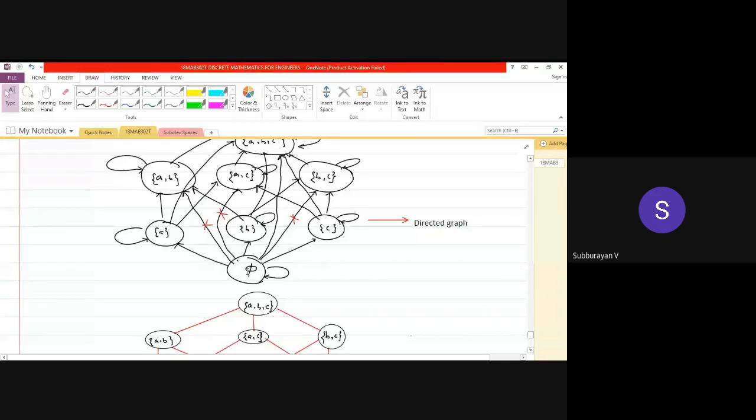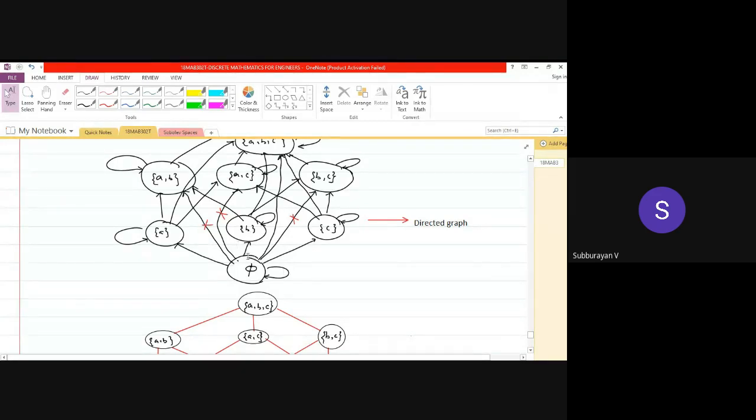there is an edge due to transitivity. I can reach AB from phi in this way, from phi to A and A to AB. But there is another edge directly from phi to AB. Therefore we can remove it. Look at these crossed edges. This is the edge due to transitivity. The partial order relation is itself a transitive relation, therefore no need to draw the edge due to transitivity.